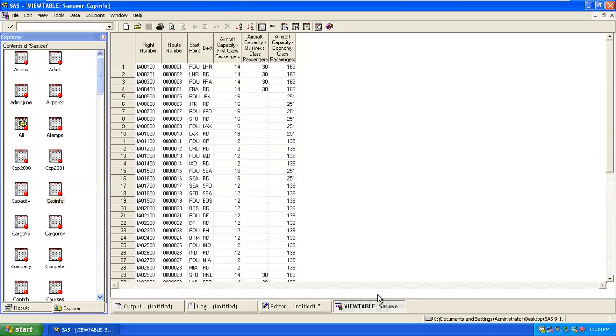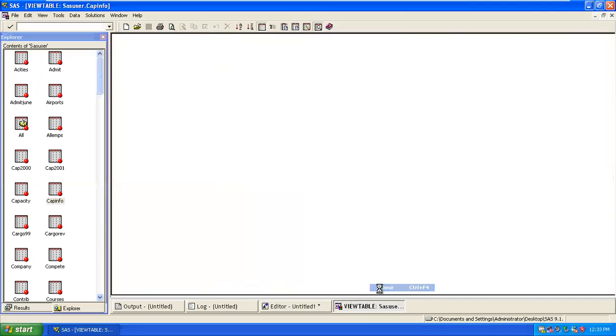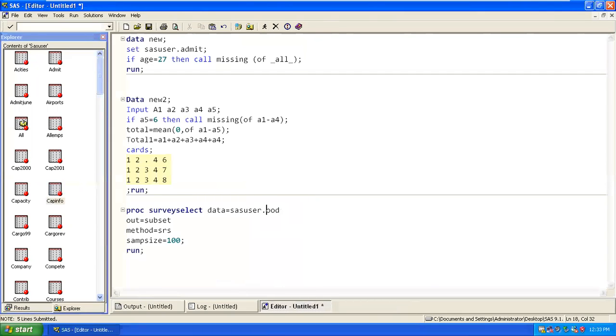So 50 data are there, and I can say directly cap info. The subset name will be our dataset name, and we are using a simple random sample with replacement.